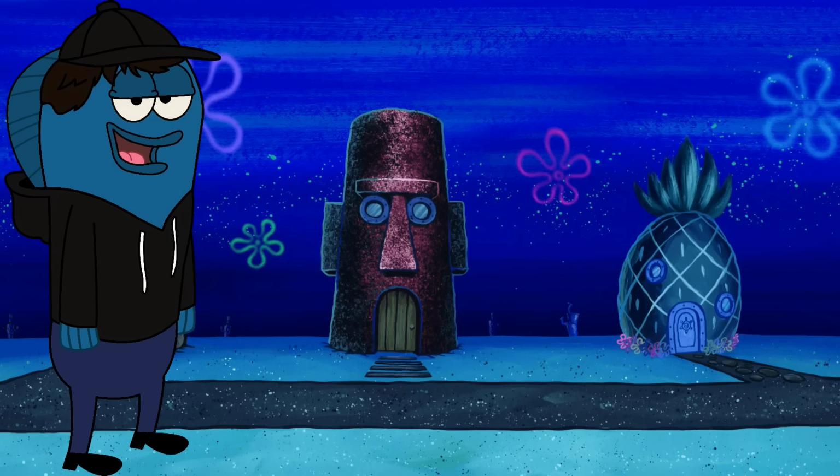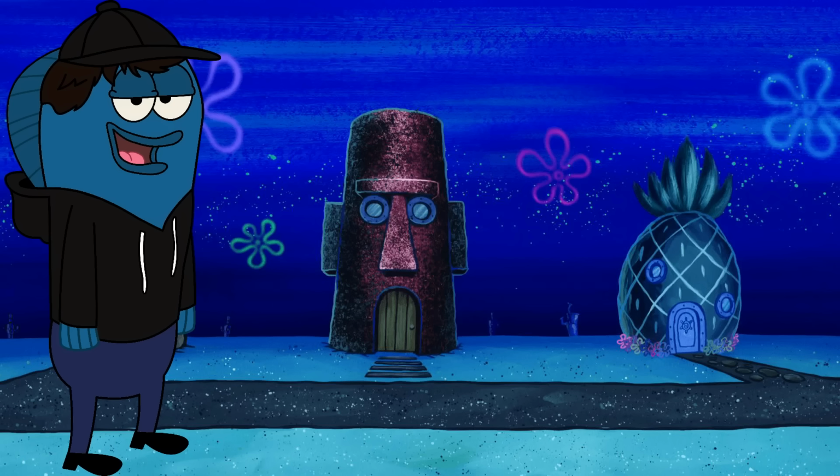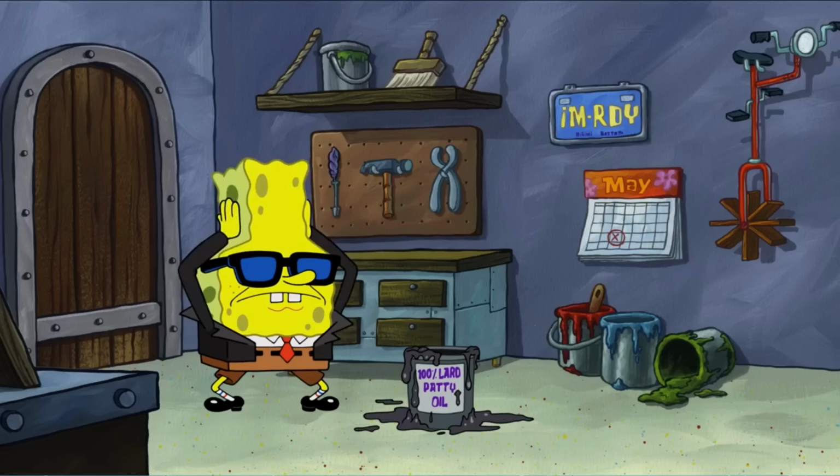garage, which kind of makes a lot of the things I've said redundant, but we're gonna talk about it anyway, right here, wherever it fits. In Sharks vs. Pods in season 9, SpongeBob goes into the garage through the door, like the door we've been talking about. We don't see him enter the door, but it's presumed that he got to the garage through this